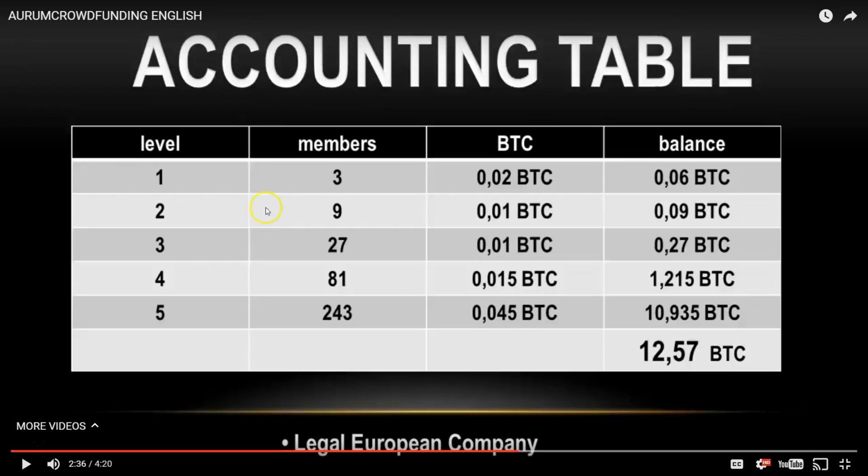Here, this little small matrix is a 3 by 5. It's 363 people that completely fills it. If you fill this 3 by 5, 363 person matrix, then you will be earning 12.57 Bitcoin every 60 days. Now, that's not a life-changing full-time income, but with Bitcoin prices fluctuating between, say, $1,000 and $1,250, $1,300, that's $12,000 to $15,000 that you could earn on this little tiny full matrix every 60 days.